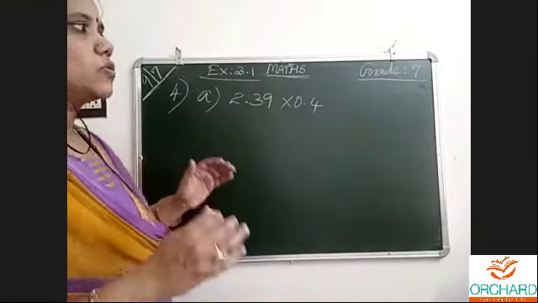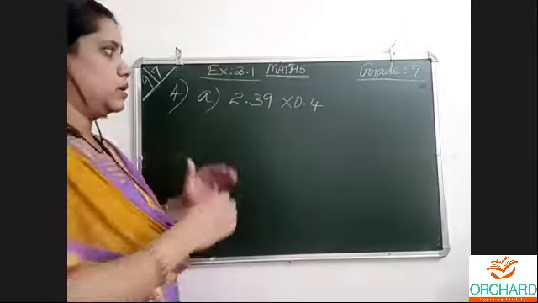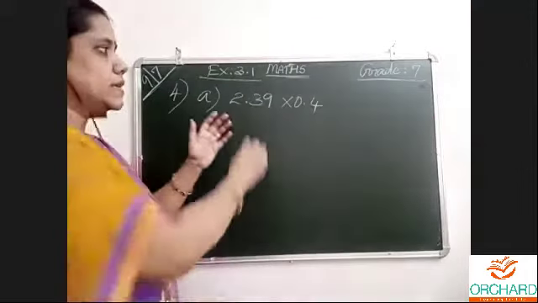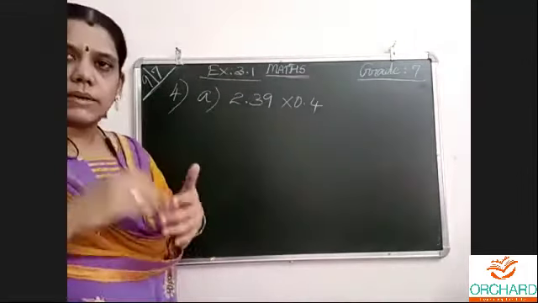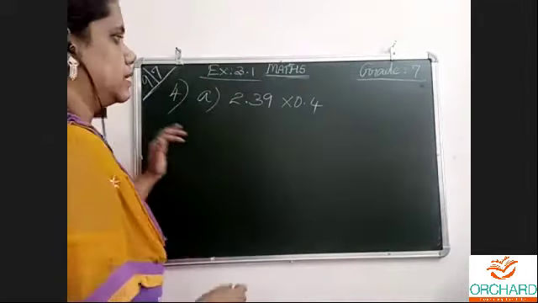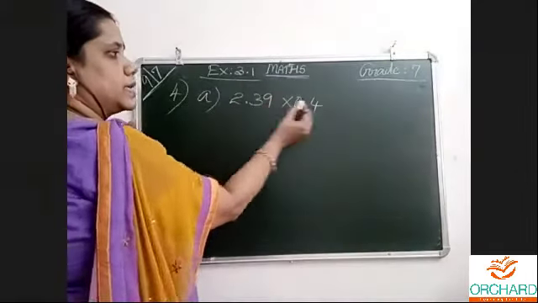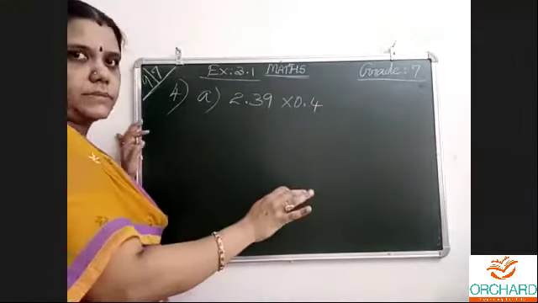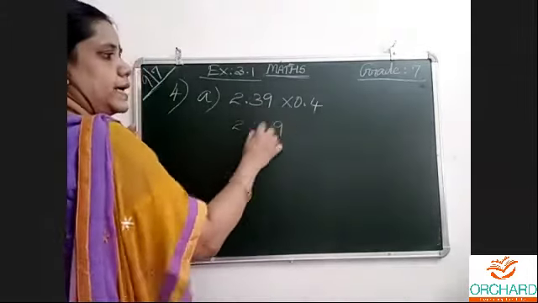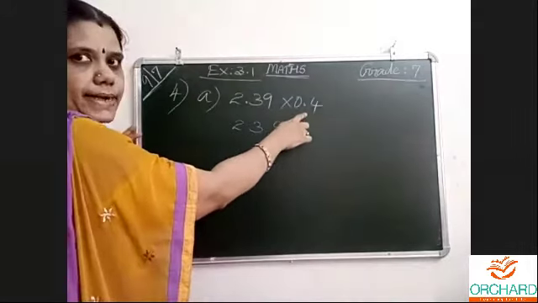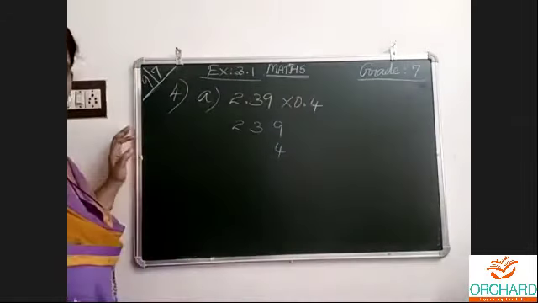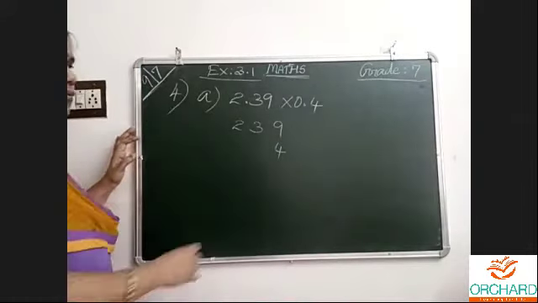Now, as I already told during my example question, while multiplying decimals by decimals, first let us write the numbers alone and do the multiplication. Then we will keep a point. That is very, very easy. So without the point, let me write 239. Without the point, I am writing 0.4; if I remove the point, it is 4. Understood?